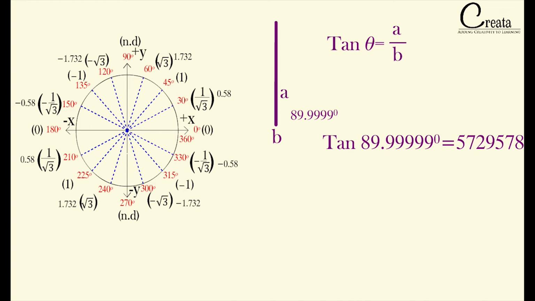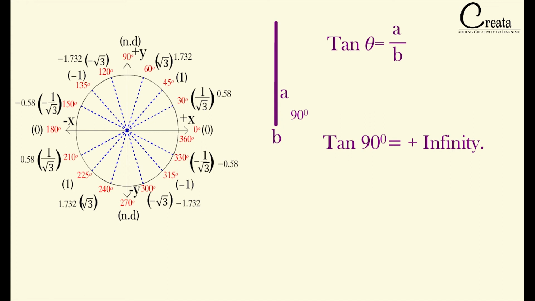That is A by 0, which is having very high value, tending to positive infinity. You can use your calculator or computer and keep on increasing the angle like 89.999999999. Tan value will keep on increasing exponentially. You will get a much higher value and this value has no end. You keep on increasing the value after the point, the output will keep on increasing. It will not end. So we can say at 90 degree tan value is positive infinity.